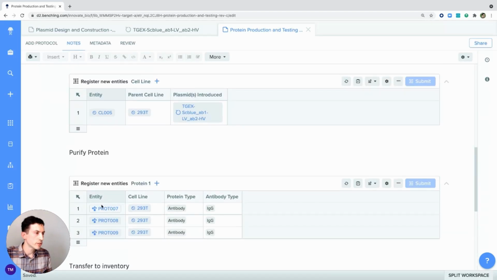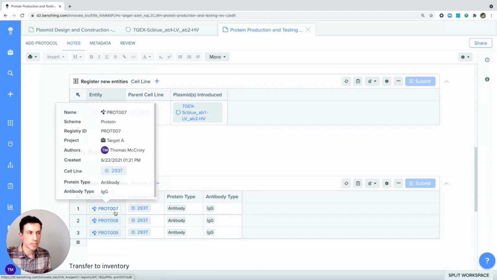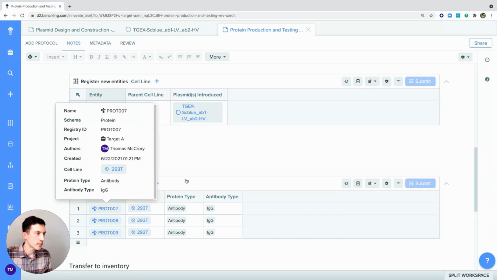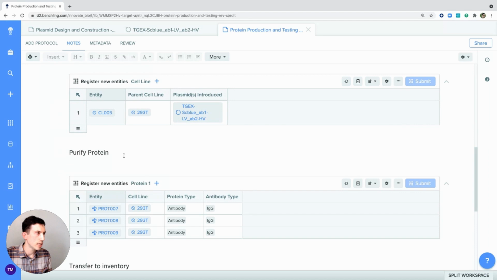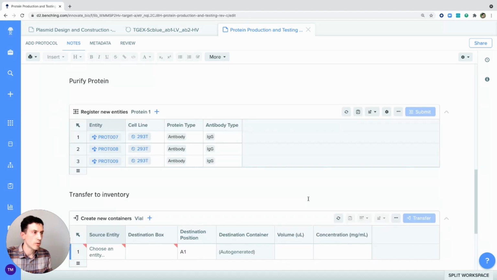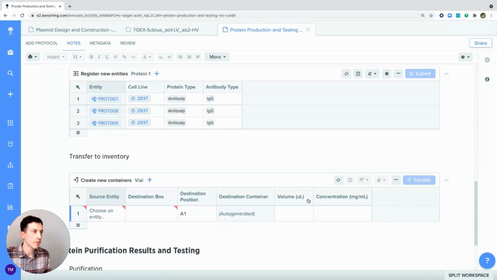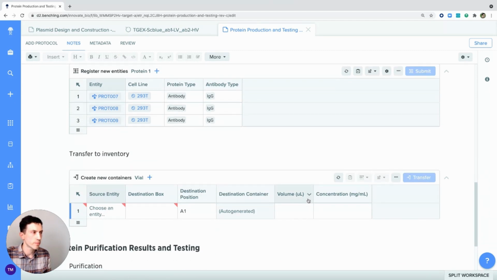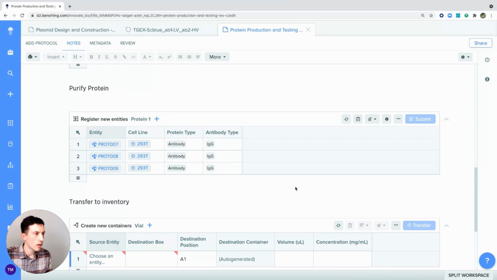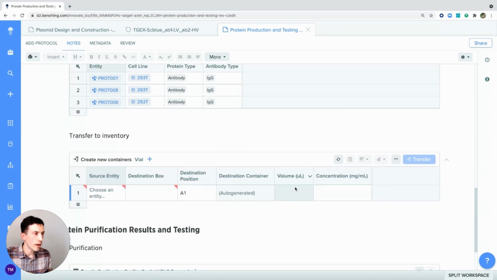So once created here, there's a unique identifier or a registry ID. And I've created a basic lineage here that you can see. So I've got the protein here, but that's linked to our cell line, which is then again linked to that plasmid of interest. So we can track back all these different pieces. All right. So we